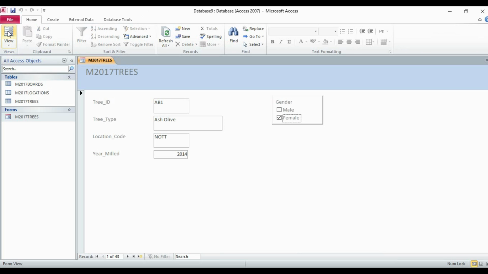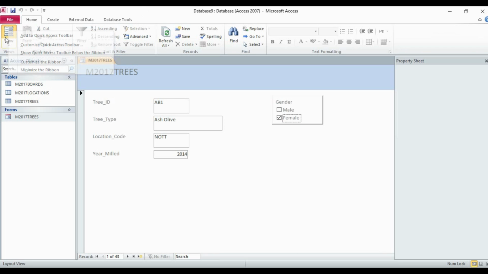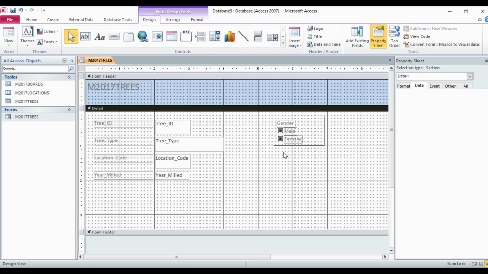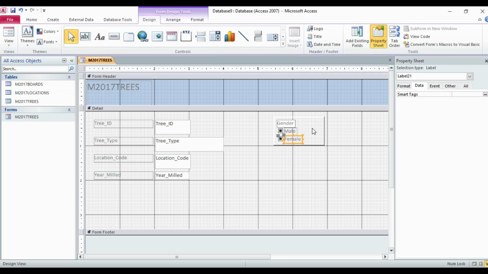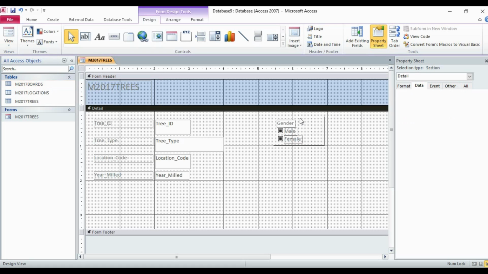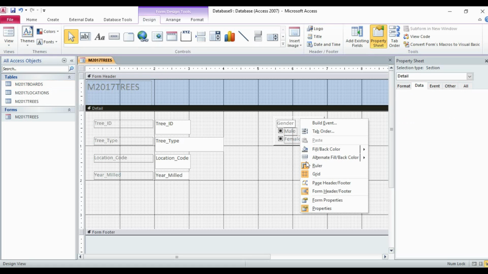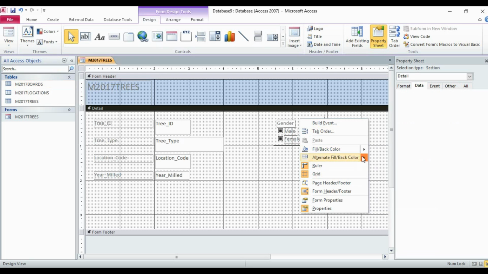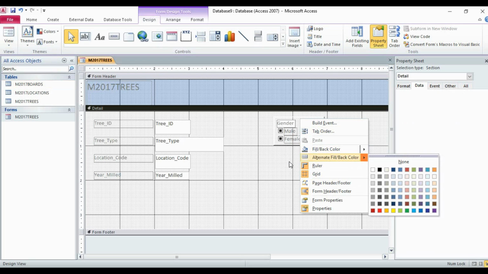Now, sorry, then view, go to design view. You can apply some formatting also to this. If you want to apply some formatting, that can also be applied to this.